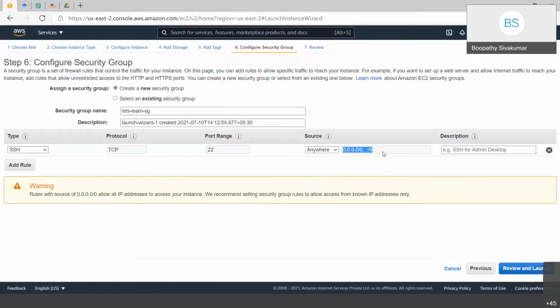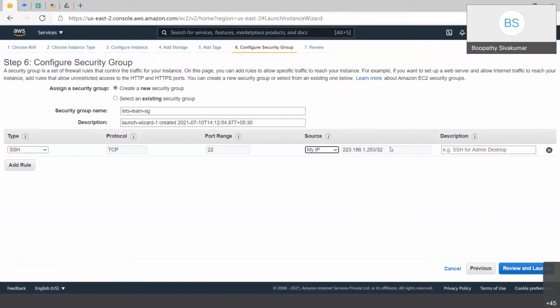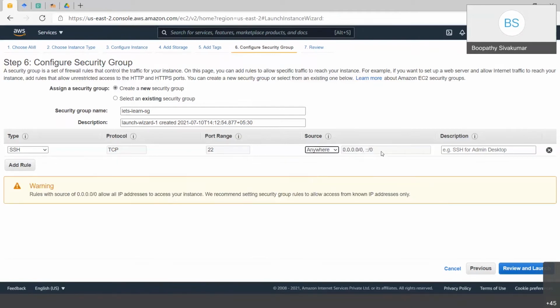If you click on my IP in the source, it will automatically fetch the public IP address of your system, and only when a request comes from this system will it be allowed, or else it will not allow you to log in. Let's stick with anywhere. If you see, when you are selecting anywhere, it is giving you a warning.